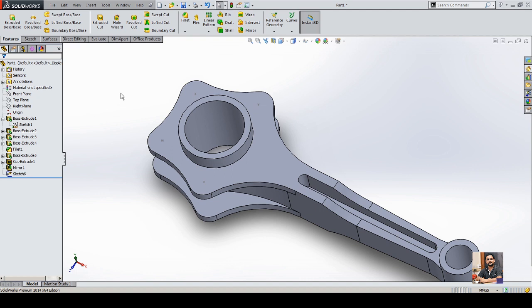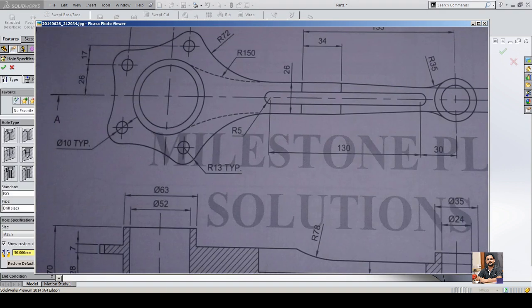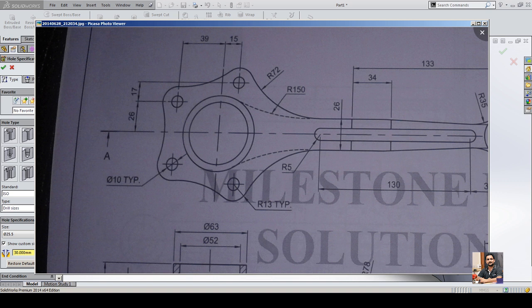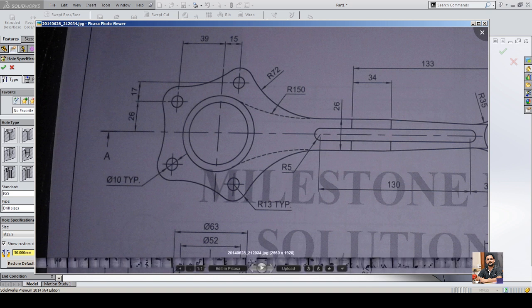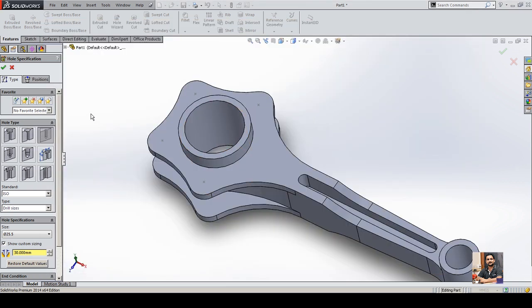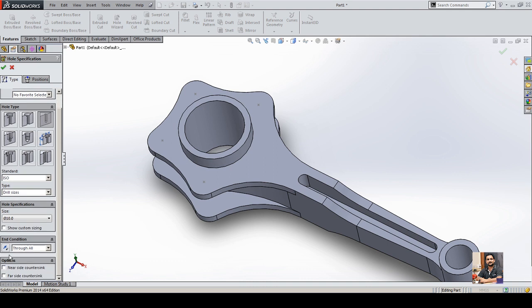Now going into the hole command, we'll describe the features of the hole. Hole is of dimension 10 units diameter and it's typical on all of these locations. So a simple hole would do, drill size of 10 units. So custom sizing, I will put this off. I keep the hole through all,